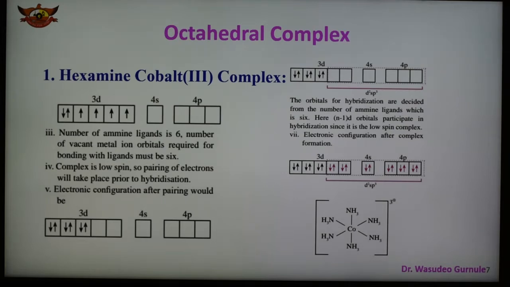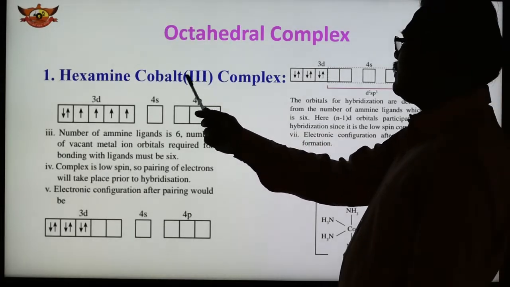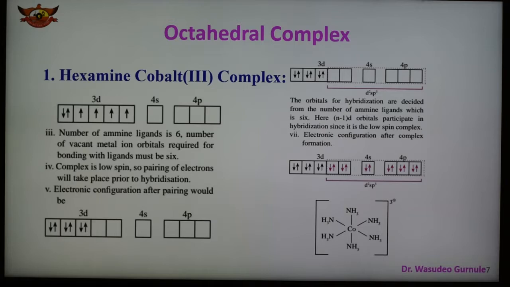So in case of octahedral, 2 examples of complexes we have taken here. And the first example is the hexaammine cobalt(III) complex, that is [Co(NH3)6]3+. So this is the example of a complex, and now see the formation of the complex. 3 steps are there. This is the oxidation state of the cobalt, 3 is the oxidation state, and we know in this complex cobalt is the metal ion and